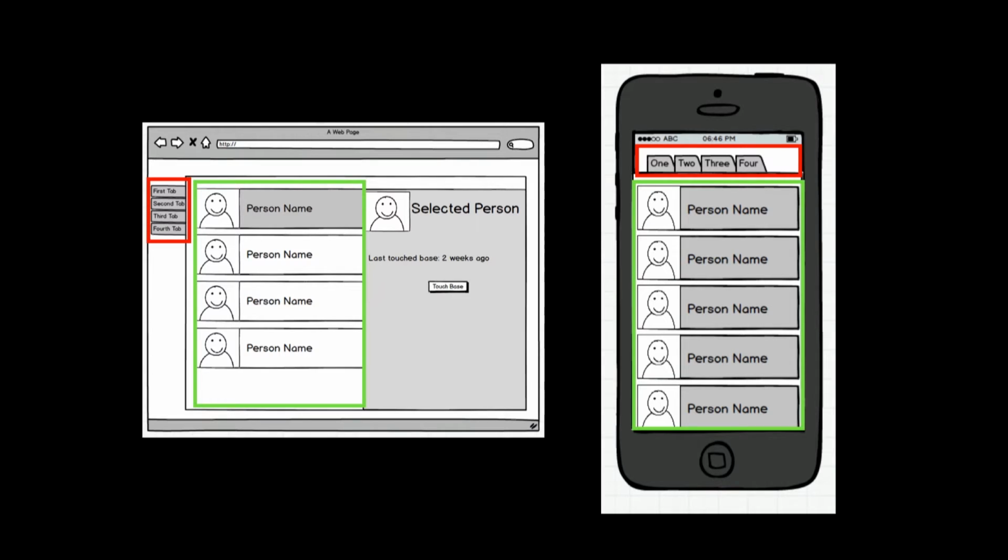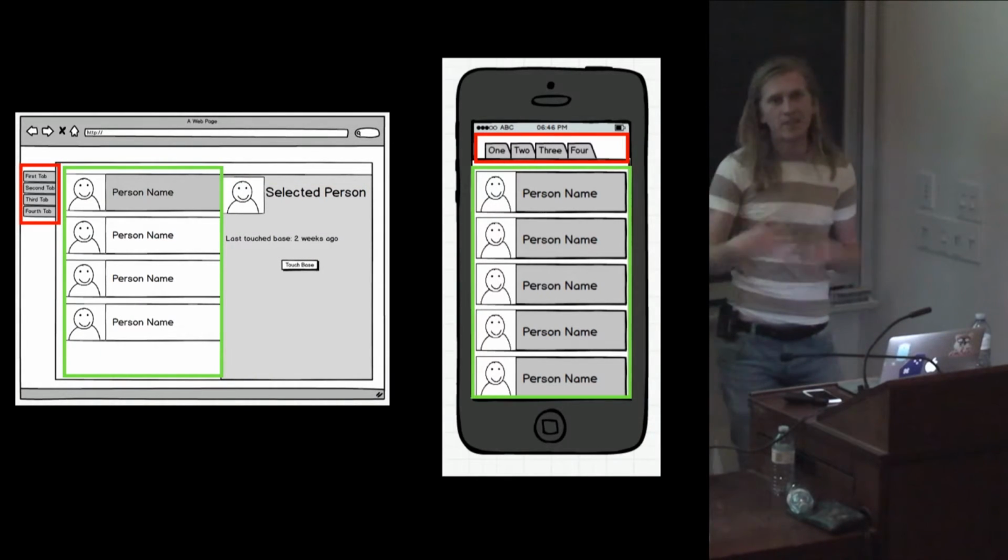So going back to our touching base app, if we start to reason about it, the first thing we realize is that contacts array is basically the same on both. It looks to be an example of that fluid thing that I'd mentioned before, right? It looks like it's sizing to the size of the container it's in, but it's otherwise acting exactly the same